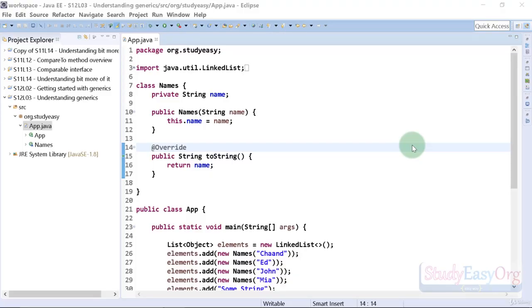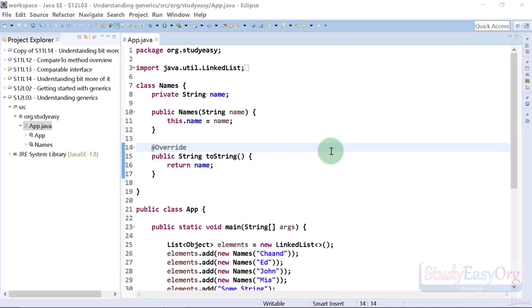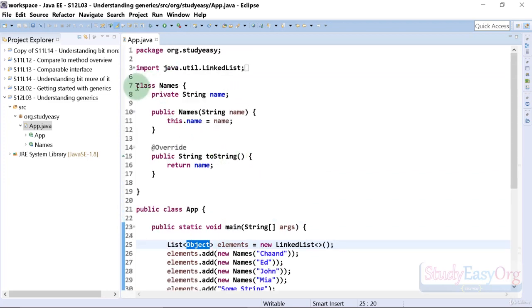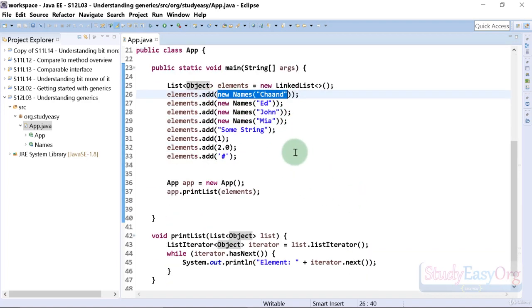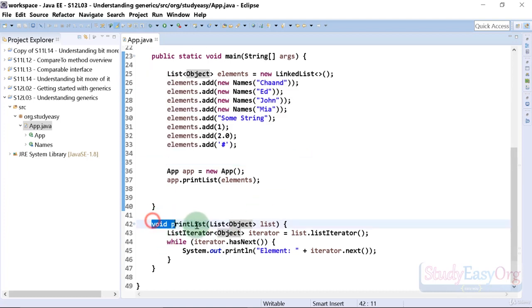Hey there, welcome back. So now we know a few things about Java generics, right? And here is a program which we have already coded. This code is from one of our previous videos where we have checked that a list of object can contain anything, right? So in here we also have this class by the name of names. We have the object of names class, we have an integer, we have a double entity, we have a character, and this list is all okay with it. Moreover, we also have this print list method which is printing the information which is there in the list,